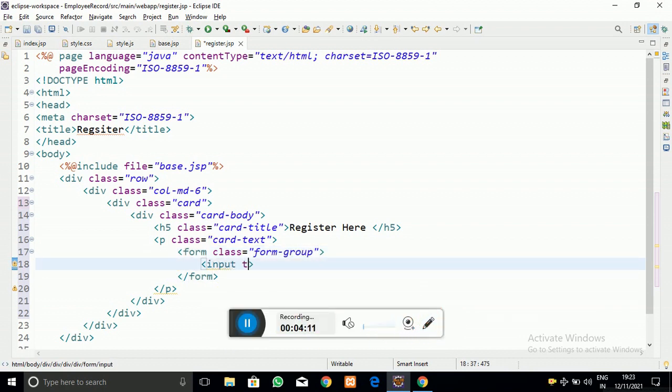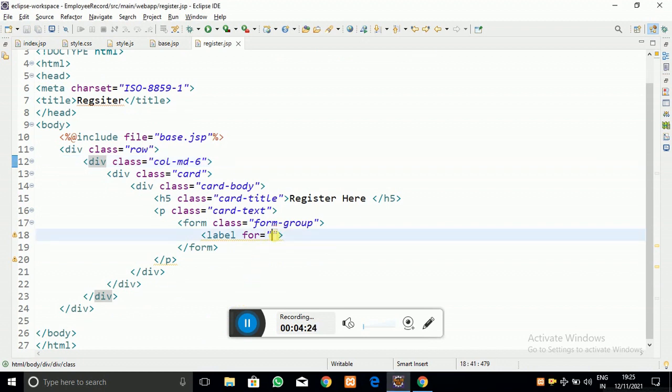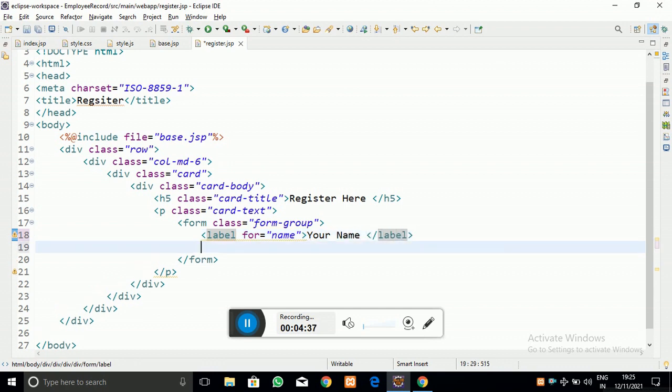And here I am going to take one label for name, that is username, or name of the admin. Let me add text like your name, or enter your name, whatever you can write here as a label.